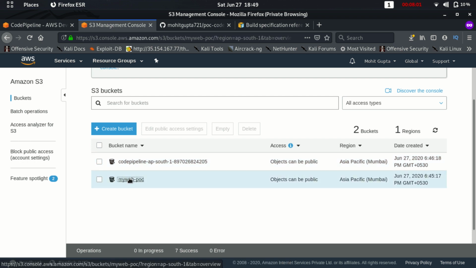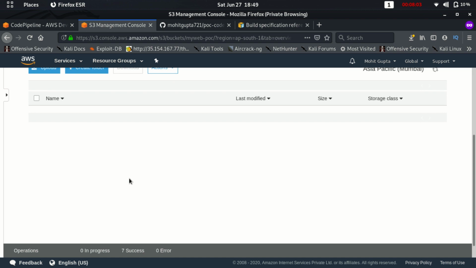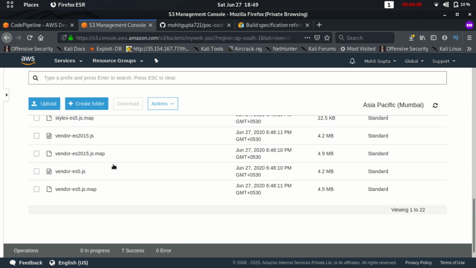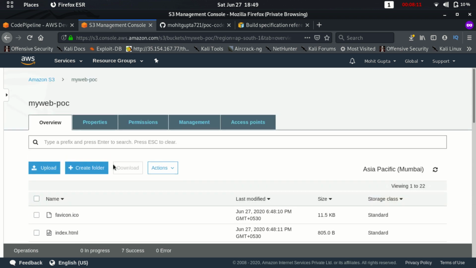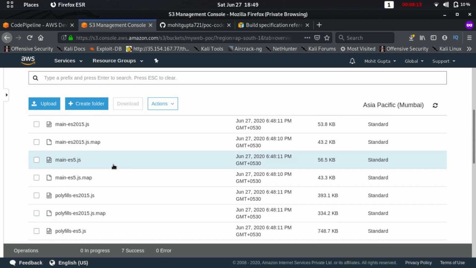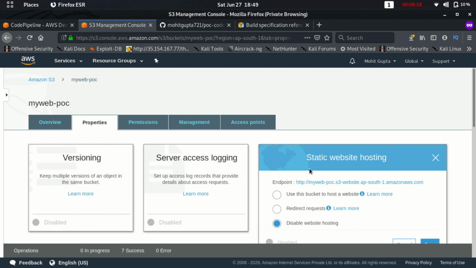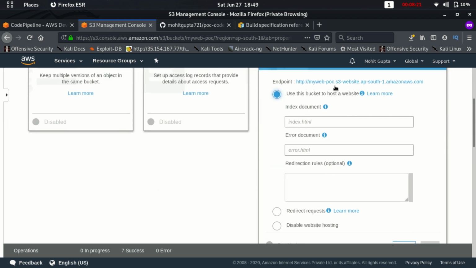So this is our website bucket, and let's see if we have, yeah, as you can see, all our code has been built and successfully deployed to the S3 bucket. Now let's just go to the properties and enable the website hosting in this bucket.